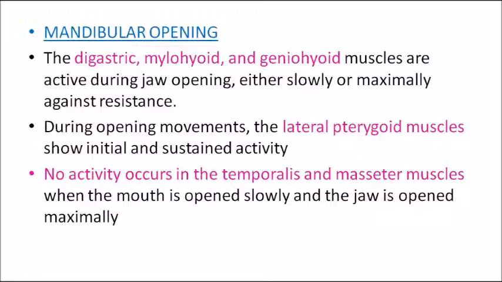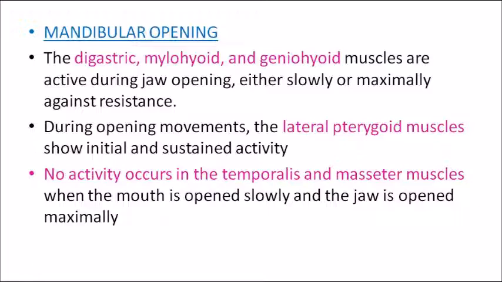The major muscle of mastication here is your lateral pterygoid, and the minor muscles associated with it are your digastric, mylohyoid and geniohyoid. When you are learning, please remember these minor muscles as well, because sometimes they ask about mylohyoid, geniohyoid or digastric rather than asking about temporalis, lateral pterygoid or masseter. The examiners sometimes pertain their questions to these minor muscles, which sometimes we neglect. So please be thorough from that aspect as well.